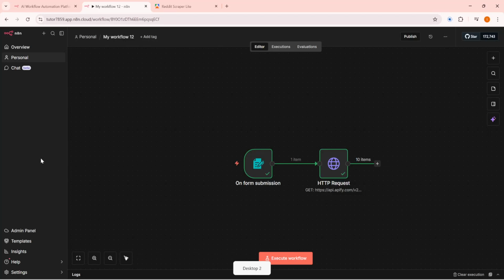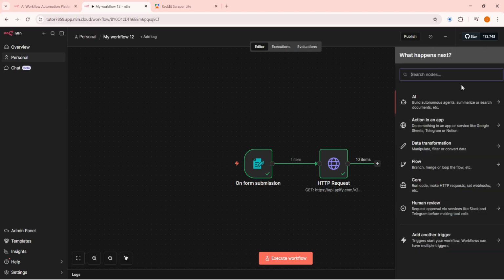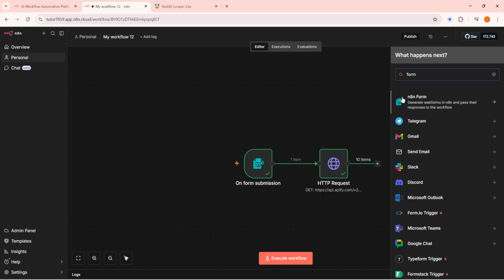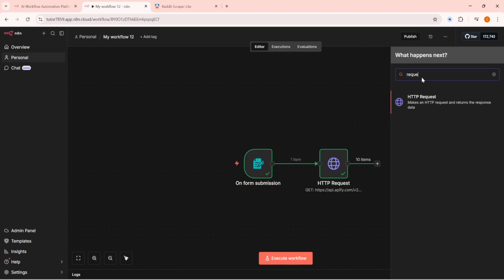In today's video, I'm going to teach you how to build any web scraper app with Apify and n8n. We'll start inside your n8n workspace by opening a workflow. Add two nodes to the canvas, the n8n form and an HTTP request. The form will collect a single input from the user, and the HTTP request will call Apify to run the